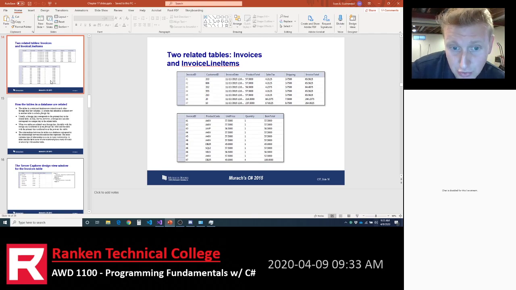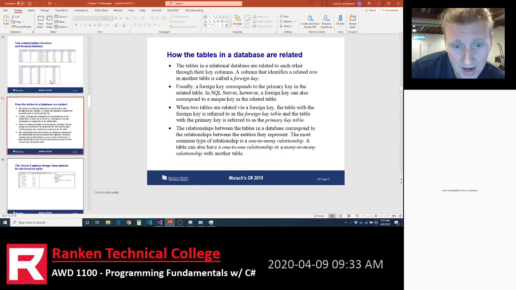Now, to code that, I think this slide just expands on what I just finished saying. Foreign keys, foreign key table versus primary key table.